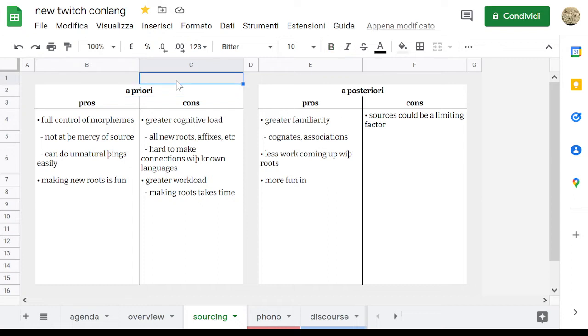So some people might describe that as an a priori feature of the language, even though those kinds of endings are influenced by real-world languages that could be called a posteriori. The way that it's put together is a priori. But a more purely a priori language might be something like